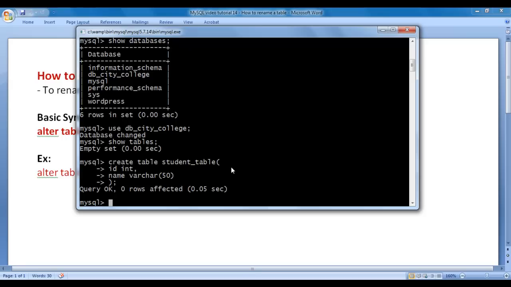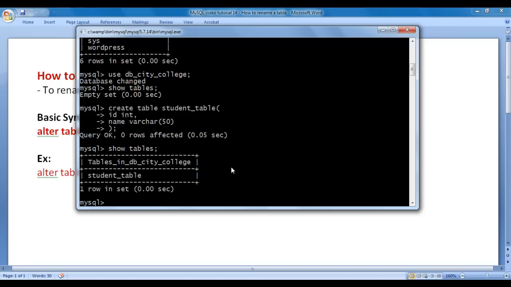Let's check out whether it is created or not. I say here show tables semicolon. I hit enter. You can see that student_table is created inside db_city_college. Now what I want is to rename student_table to tbl_student. And how do we rename a table, guys?